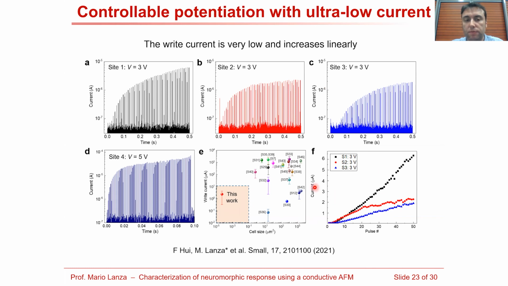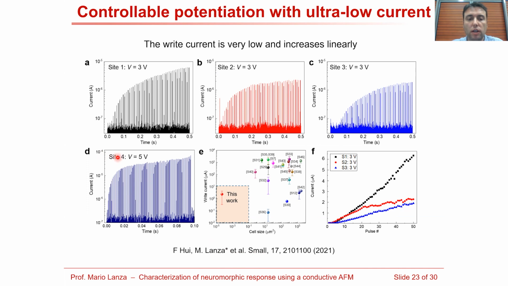We have observed that when we compare with many other studies in the literature, this value is remarkably low, which is also probably related to the fact that we have a very small cell, because our work shows the smallest cell possible. Here, we didn't include the STM work because it has this nanogap that doesn't match real devices. So you can find more information about these references in our article if you are interested.